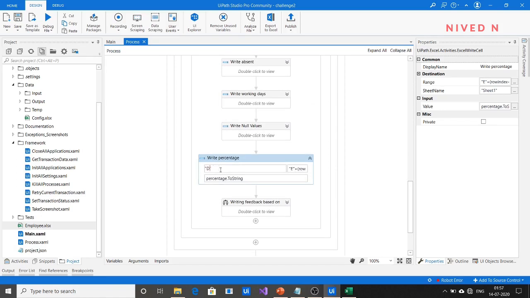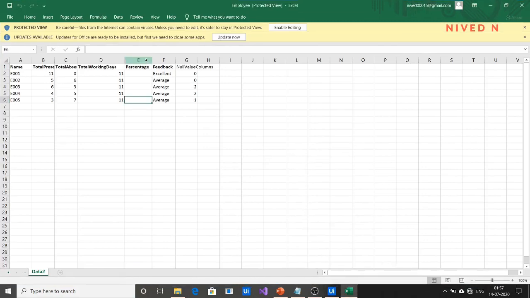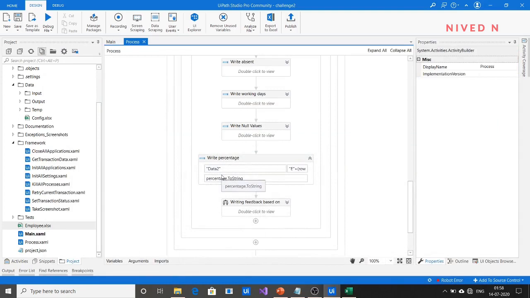That's the reason we can't see it. The reason was that I can't find the percentage value here, because I didn't change the sheet name. The sheet name was set by default as Sheet1 itself, so I forgot to change that. Sorry for that.